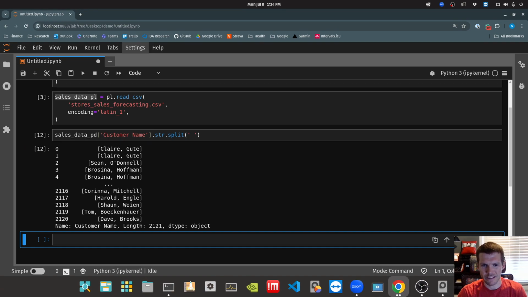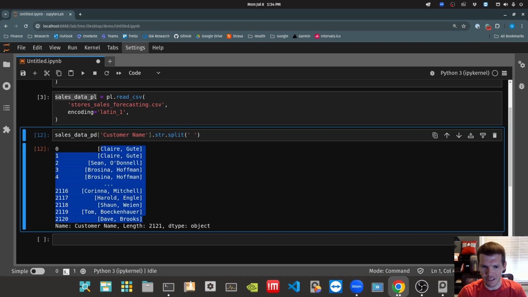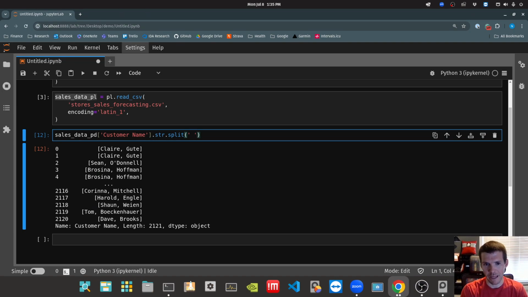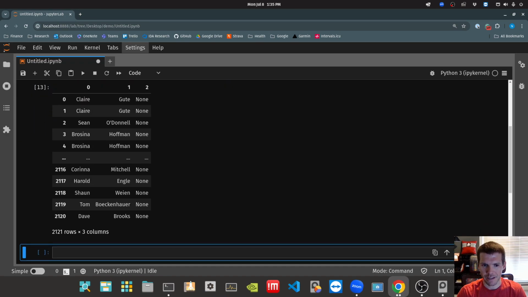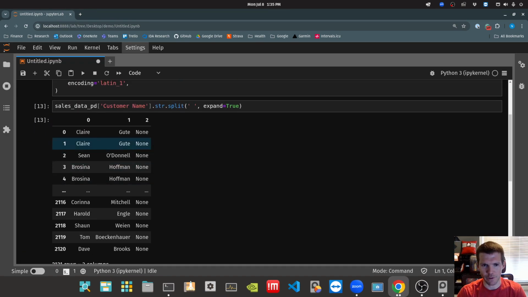But one thing that is kind of interesting, it's still returning a pandas series, right? So how do I get the first item of that and put it into a column of a data frame? Well, in pandas' implementation of string.split, it has an expand argument, and you can set that equal to true. And instead of returning just a series with lists in the entries, now it's going to return to me a data frame. And we can actually see maybe one of our assumptions, the assumption that it's always just going to be that split, doesn't hold. One of them apparently has 3 entries here, but nonetheless, right,